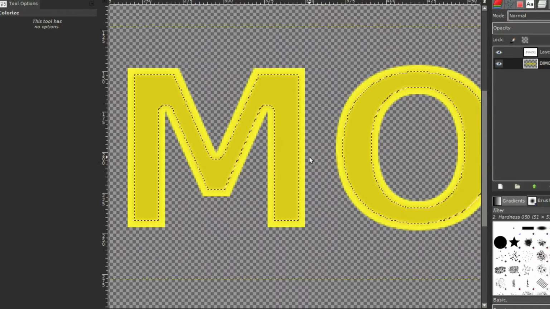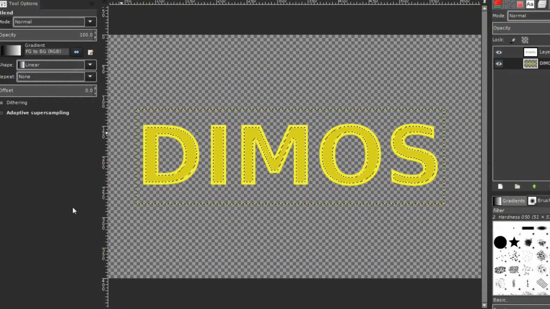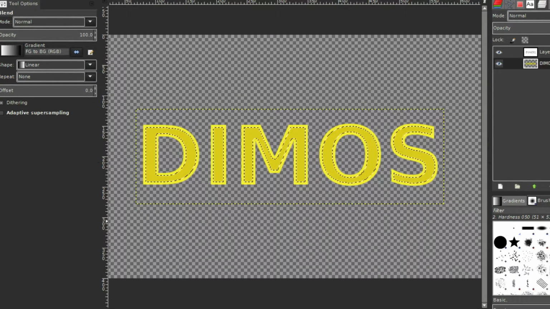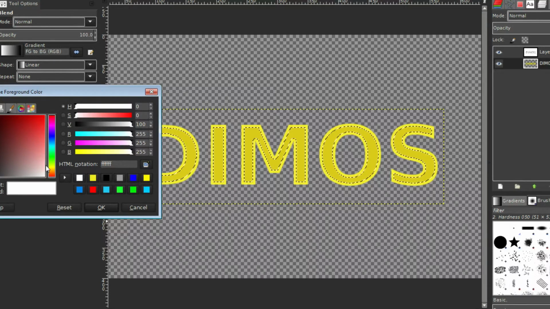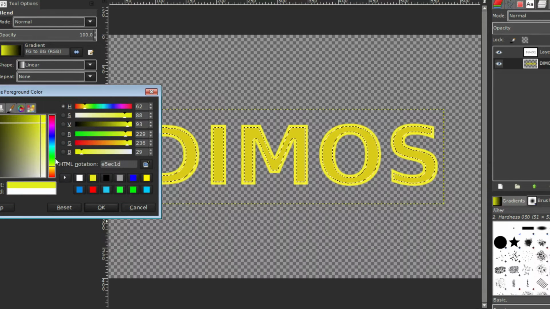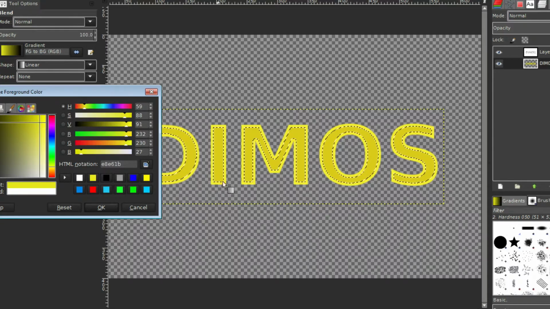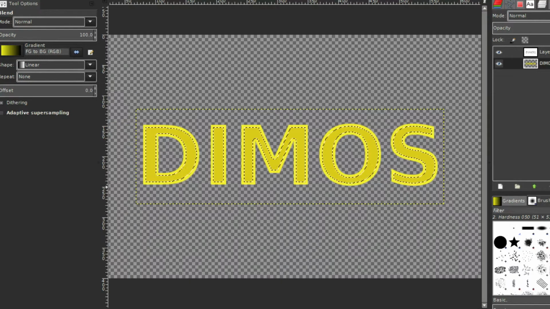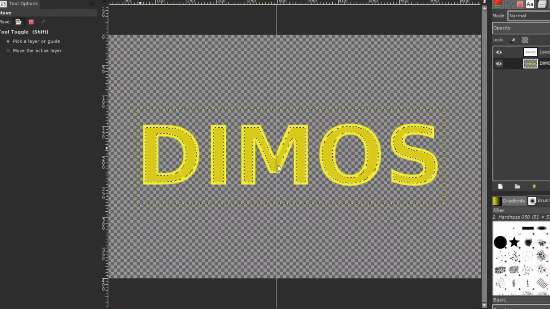As you can see, we have the selection again. Go to your gradient overlay and be sure to have black at the bottom. Now you can change the color to any color you want, let's say a green. Actually, the better option would be to choose a color you already have in your text. Once you take this and click it, then you can drag a guide in the middle of it, and